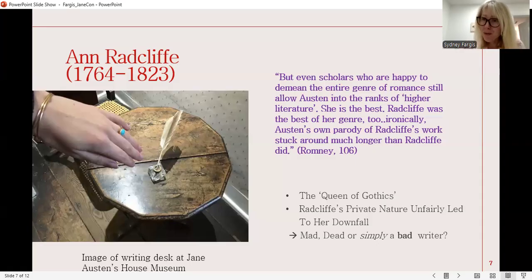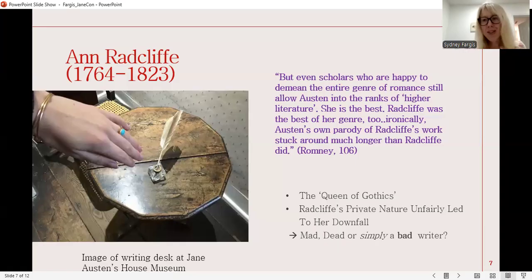And the reason for this, most likely, is that Anne Radcliffe was a very private person, which also ties into why we have such little biographical information on her. And so it kind of becomes what dooms her, what pushes her into obscurity. Her very desire and determination to have privacy, the very fact that we have such little information on her, is basically what allows society to get away with pushing her out of the canon.